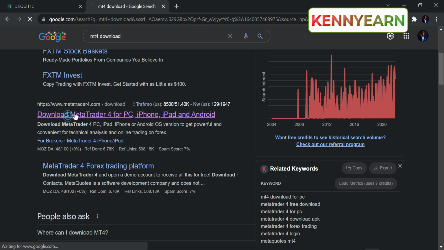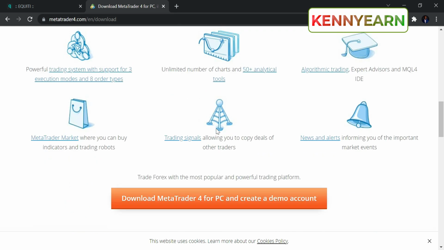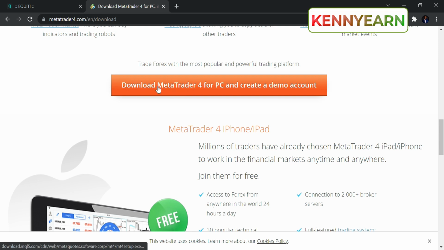So this is the main MT4 platform website. Then you scroll down, this is for Meta 5. If you scroll down, you're going to see MetaTrader 4 for PC, and then you click on download. And then once you download it, it's going to run through your system download,